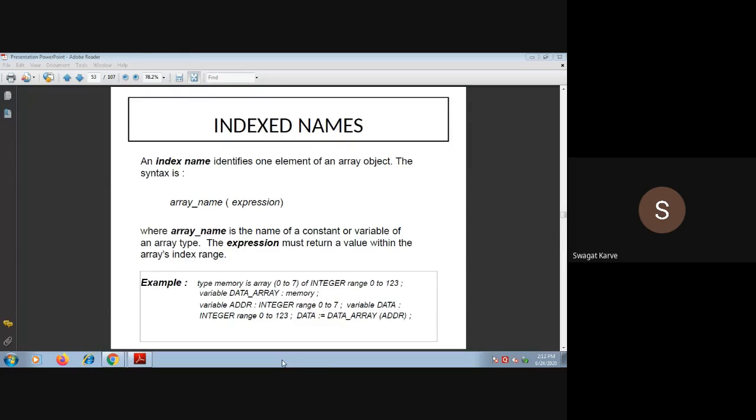आणि एक्सप्रेशन म्हणजे काय येणार? एक्सप्रेशन मस्ट रिटर्न अ व्हॅल्यू विदिन द अरेज इंडेक्स रेंज. म्हणजे जी काय तुम्ही अरेची इंडेक्स रेंज स्पेसिफाय केलेली आहे ती व्हॅल्यू एक्सप्रेशन मध्ये येणार, राईट? सो यू कॅन लुक ॲट द एक्झाम्पल, सो यू विल हॅव अ मोर क्लिअर अंडरस्टँडिंग ऑफ दिस. ओके, सो दिस इज अबाउट द इंडेक्स्ड नेम. सो टाइप